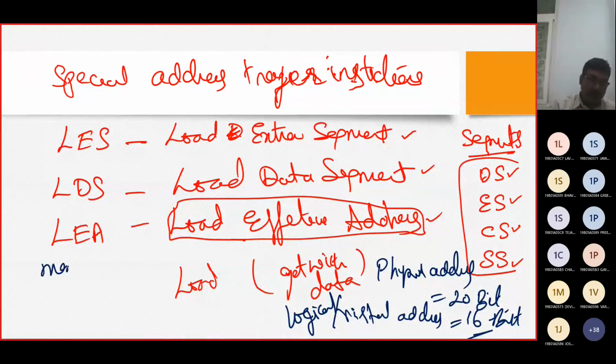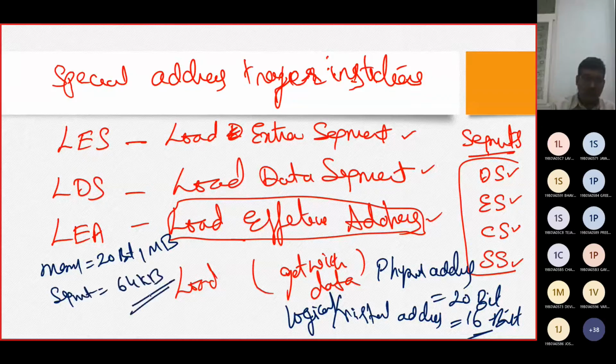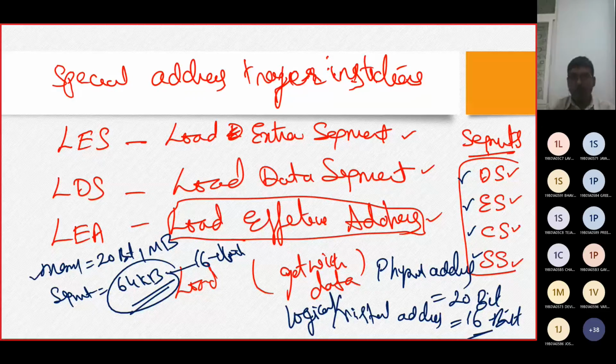We mentioned in our earlier discussion, memory was 20 bit, which is occupying 1 megabyte, whereas segment is going to occupy 64 KB. So this 64 KB is of 16 bit. That is pointing to data segment, extra segment, code segment, and stack segment. But when we are talking about the physical memories, then we are going to illustrate it with a 20 bit address. When we have an example for each of these instructions, it will be a better understanding than directly giving you the instructions.